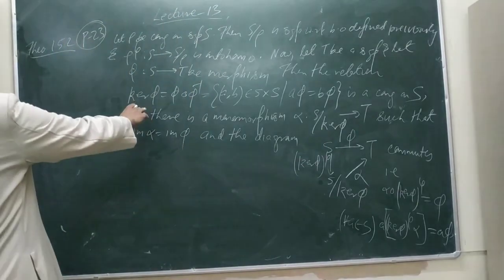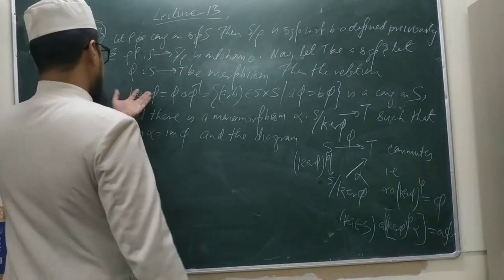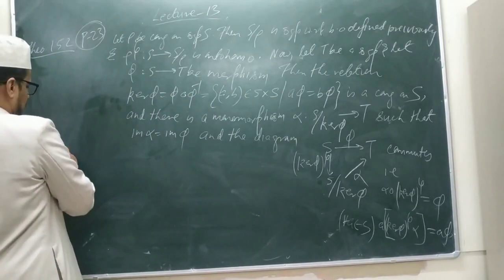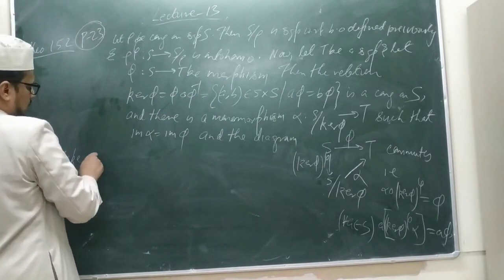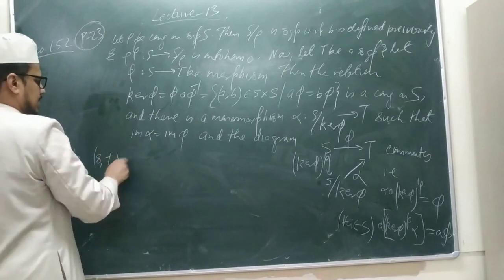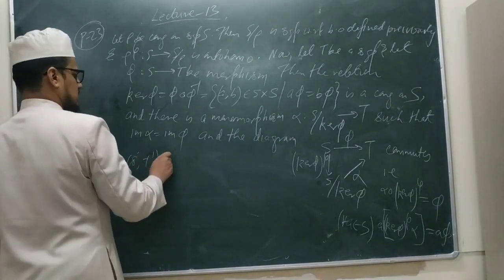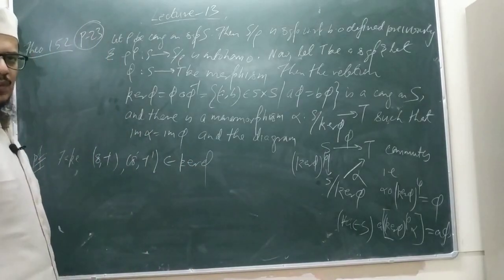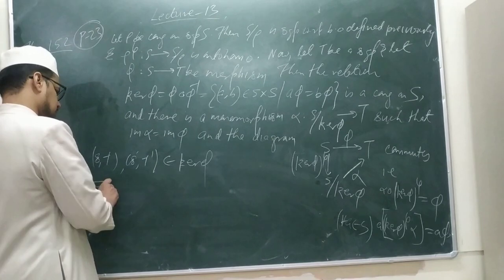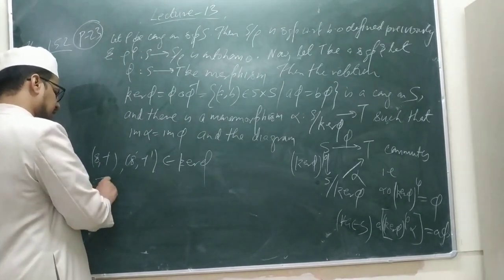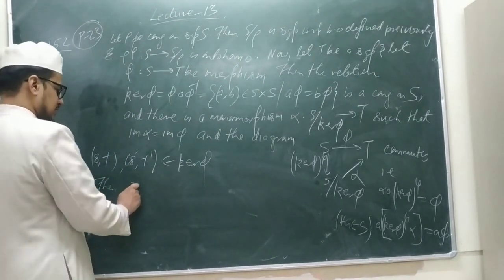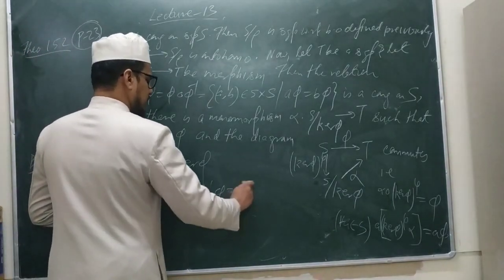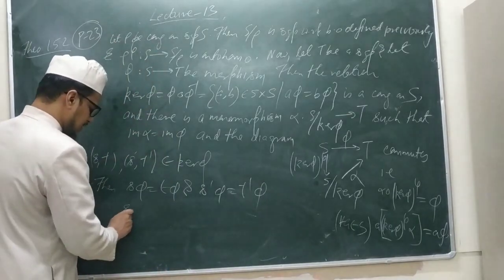So first we have to prove that this is compatible, so take any two elements. Take any (s, t), (s', t') belonging to kernel phi, correct? It implies what? Then we have s phi is equal to t phi and s' phi is equal to t' phi. Now what we have to do? We have to calculate